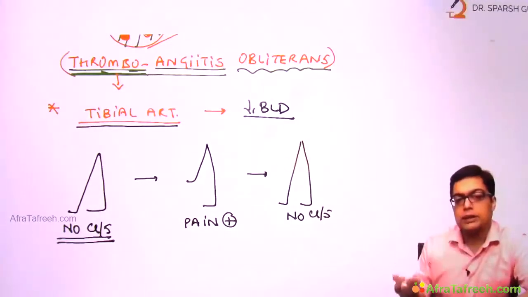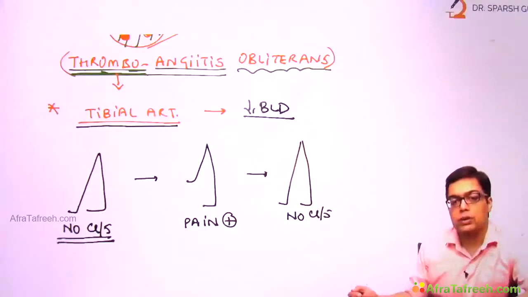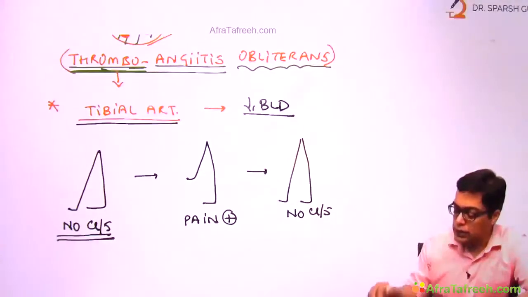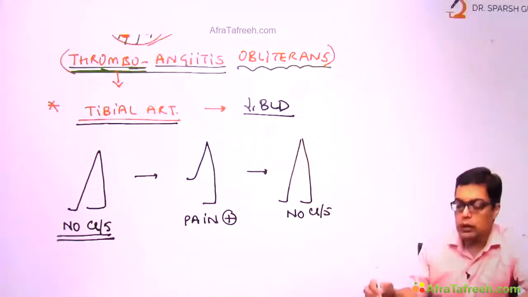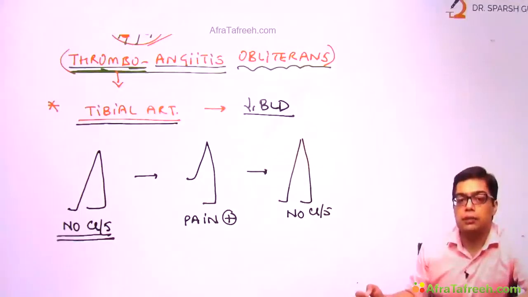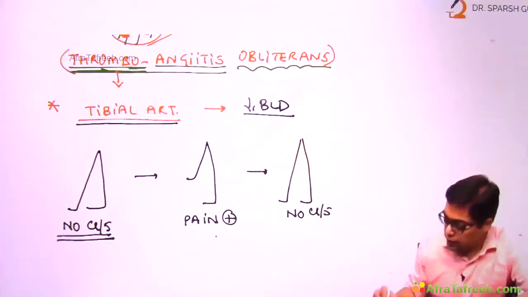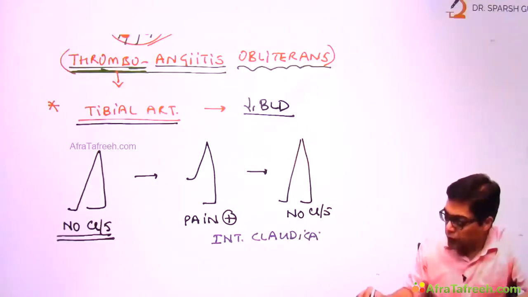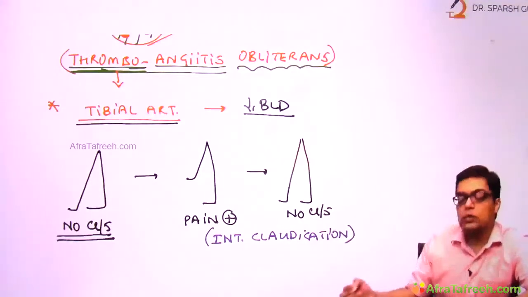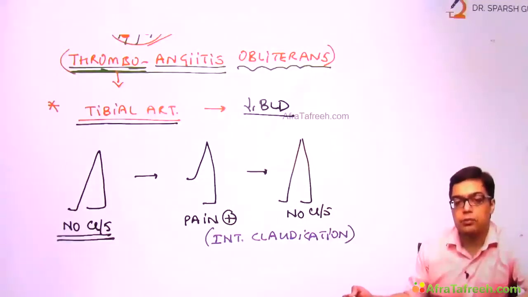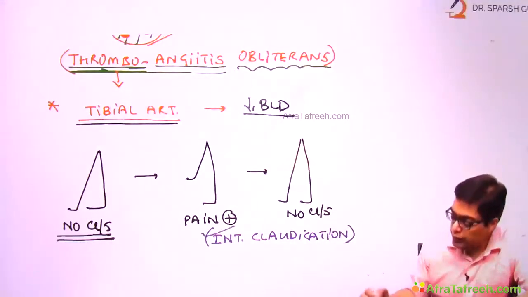Which means that patients are going to be having the development of symptoms only when they are exerting themselves, only when it is going to be the muscular activity taking place over here. So this is what is being given the name of intermittent claudication. So particularly as one of the initial manifestations of the disease, this is what is going to be seen in a patient suffering from Buerger's disease or thromboangiitis obliterans, presence of